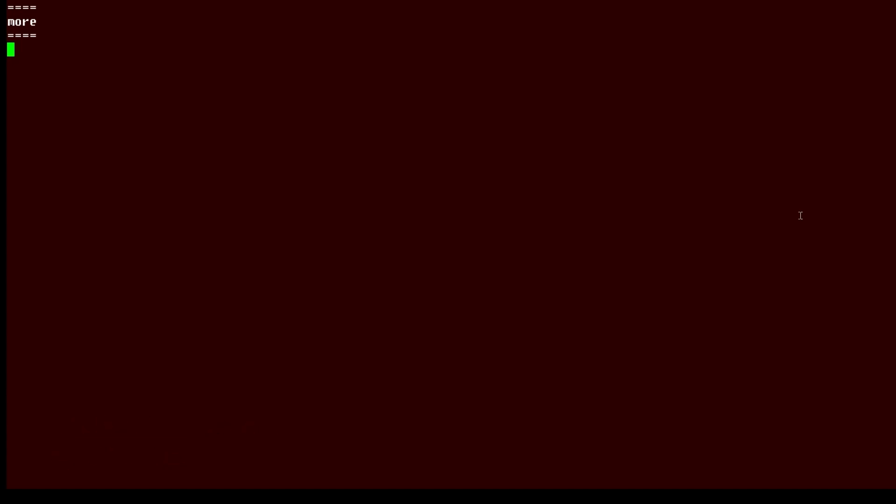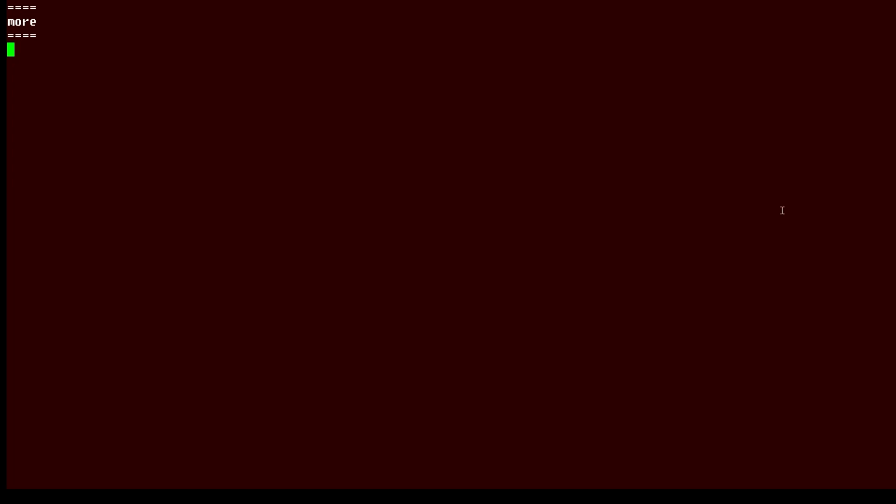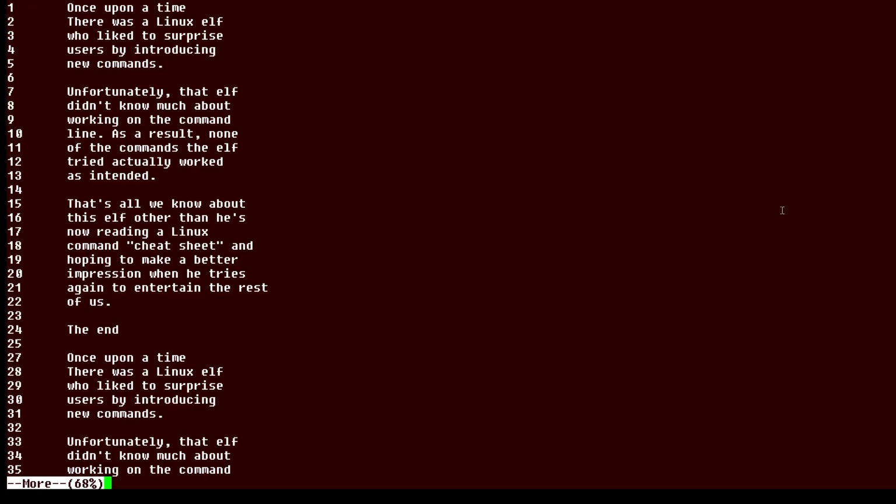In this Linux tip, we're going to look at using the more command to view text files a select number of lines at a time. By default, a command like "more myfile" is going to basically show you as many lines as will fit in your terminal window, the last line being a line that shows you how much of the file is currently displayed.